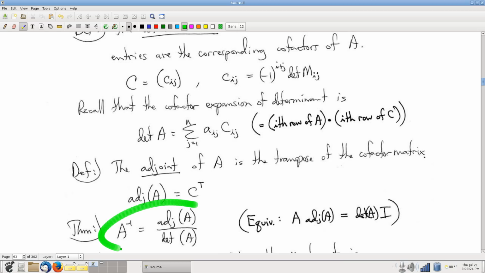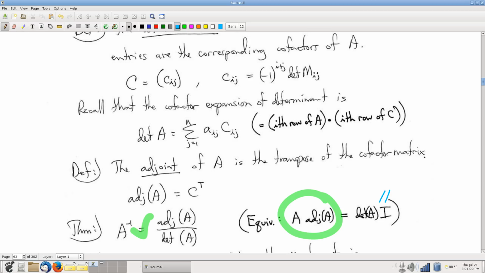Okay, well, the way we're going to prove this formula is consider an equivalent formula, which is that A times the adjoint of A gives you this scalar determinant times the identity matrix. Not hard to persuade yourself that this is really the exact same thing, just written slightly differently. And in particular, this is written in such a way that I see a matrix multiplication that I need to evaluate. What I'm specifically going to try to show is that this matrix product, in order to confirm this formula, I need to show that this matrix product is equal to this matrix,